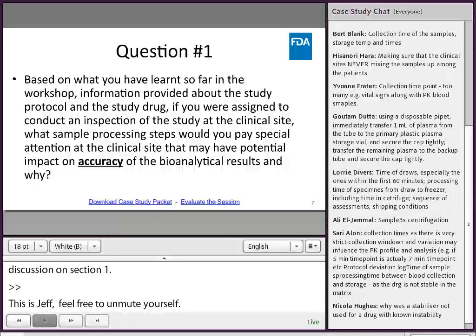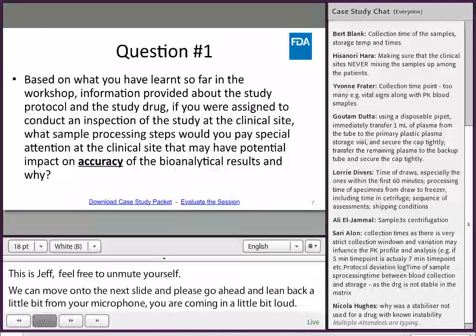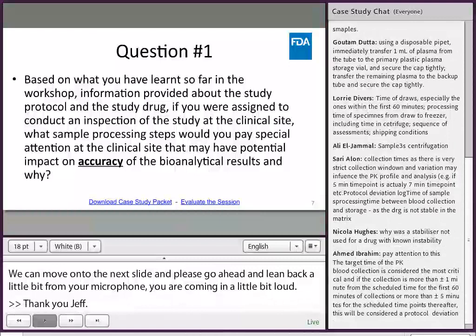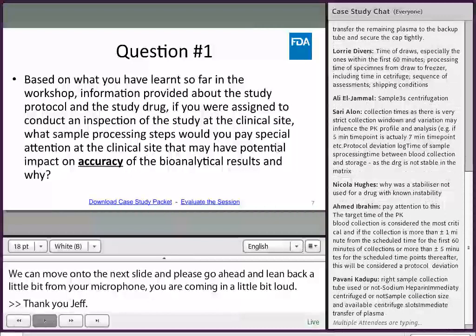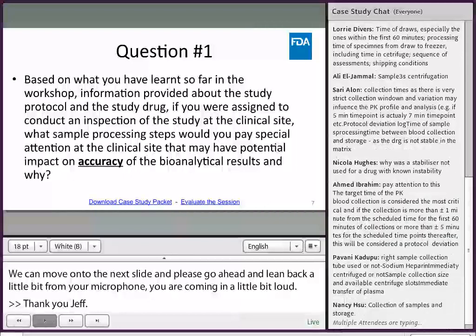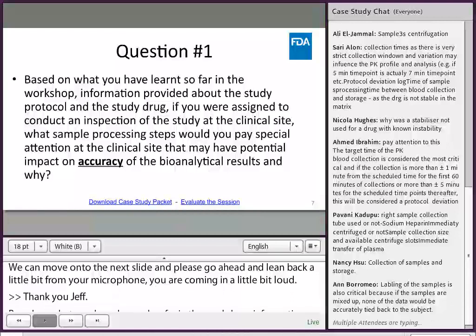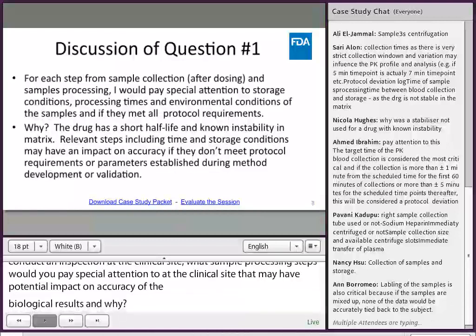Thank you, Jeff. So this is the question. Based on what you have learned so far in the workshop, information provided about the study protocol and study drug, if you are assigned to conduct an inspection of the study at the clinical site, what sample processing steps would you pay special attention to at the clinical site that may have potential impact on accuracy of the bioanalytical results and why? And everybody, it's great answers. Let's discuss